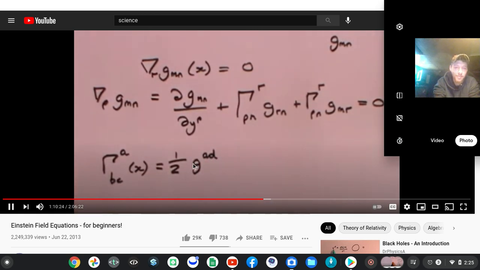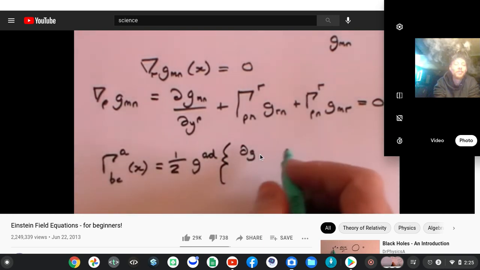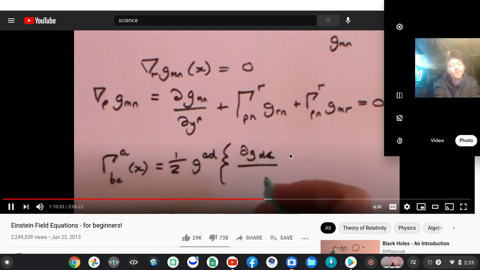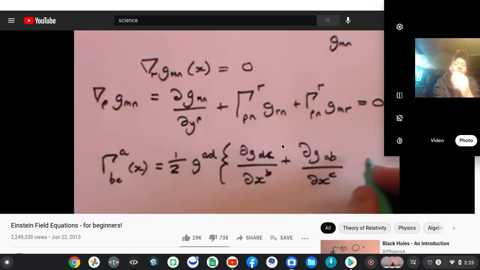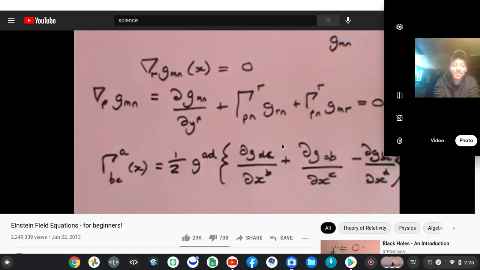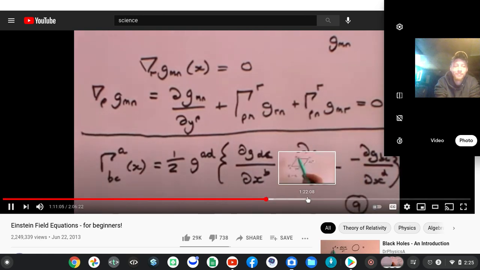then it becomes an additional summation term, with d as an additional index, into the derivative of g, divided by dx b, plus, remember the mathematicians come up with this, so we naturally take their word for it, minus, hope this is going to fit in, d g b c by dx d. Look, I'll call that equation 9. And what you've got, courtesy of the mathematicians, is you've taken this